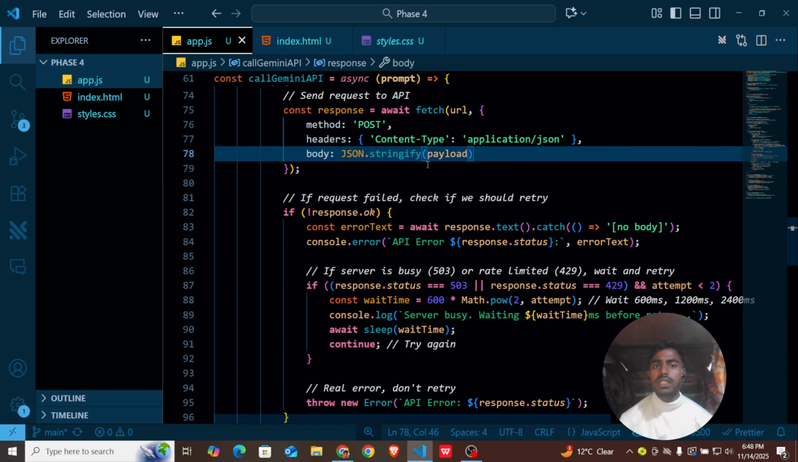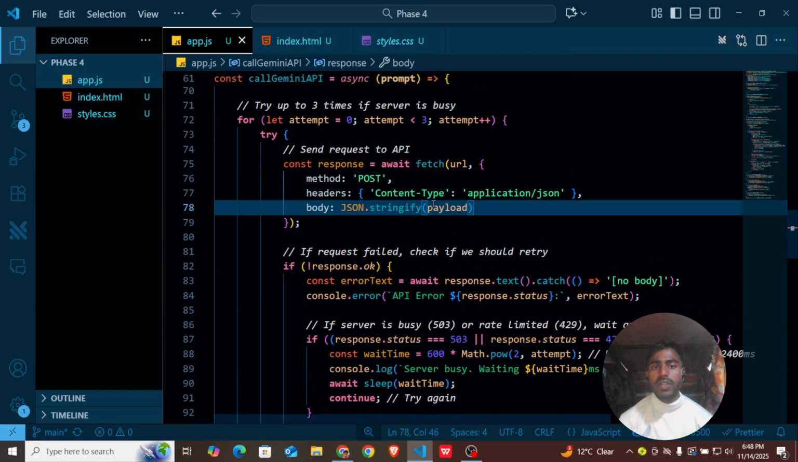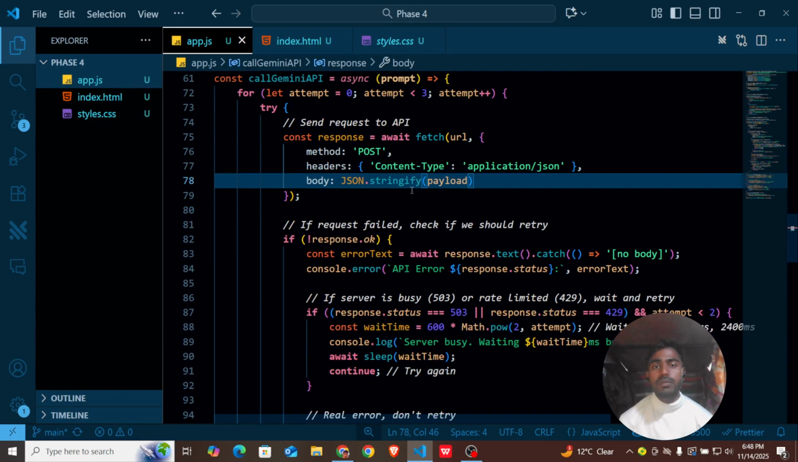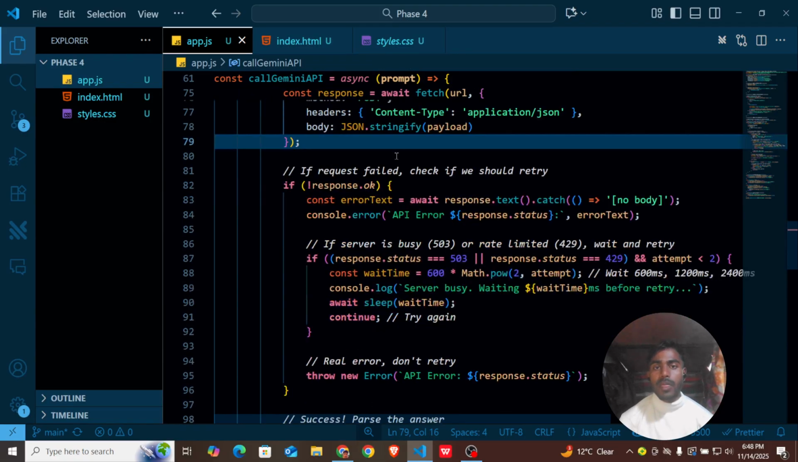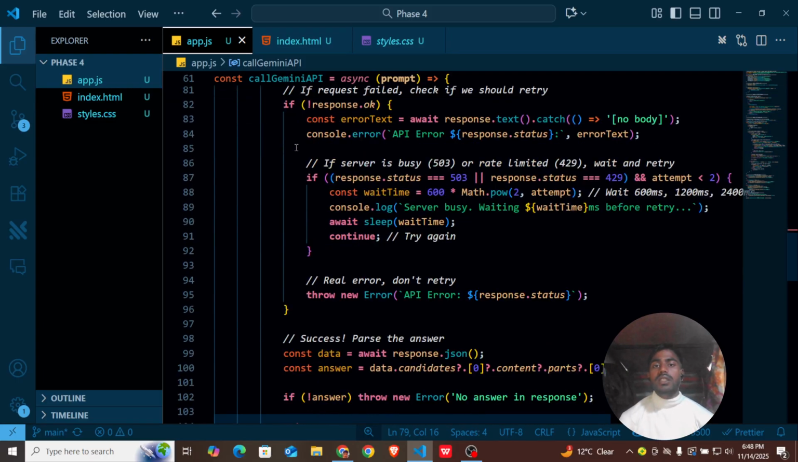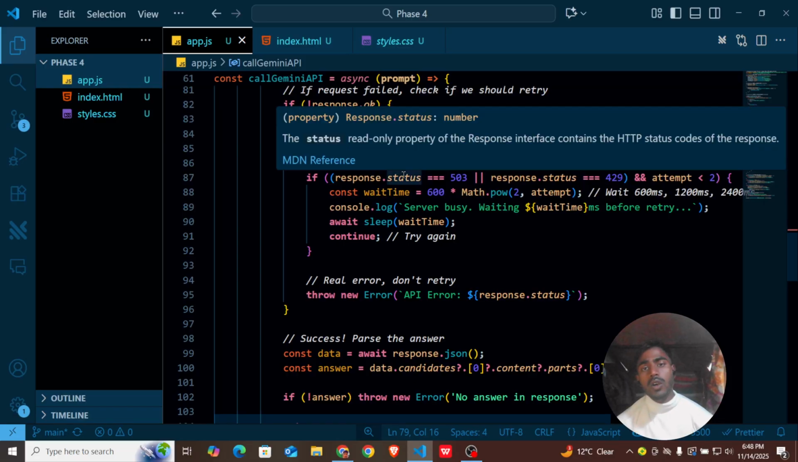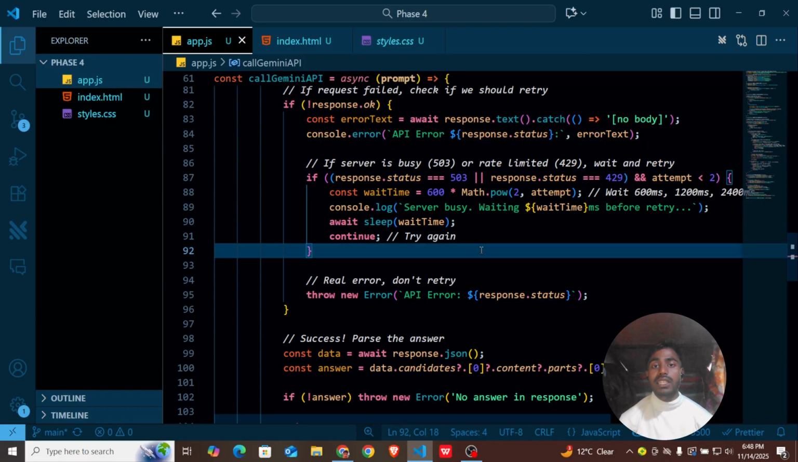Firstly, we are converting whatever prompt we have received into a string and sending it with the method JSON.stringify. After that, we are again checking a condition: if the response is not okay, then the error text will be awaited. Again we have used the await keyword here to wait